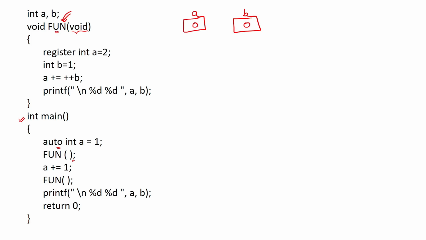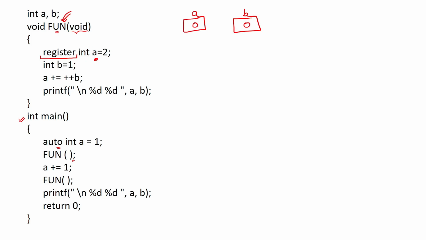Now inside this function body, we have some lines written. Here we have again used a variable a and it has been initialized with 2, and it has a storage class associated with it. The class name is register. If we talk about the storage of the register variable, then this a variable will not necessarily be stored inside the memory. It can be stored inside the register, but it is not compulsory. The compiler can store this a variable inside the memory also, or inside the register. This was just for your information.